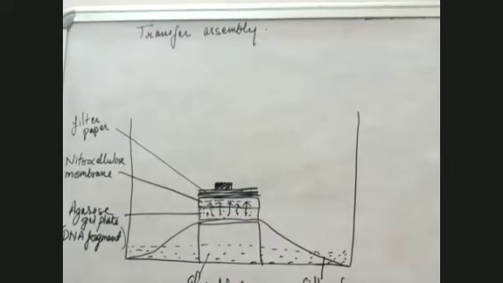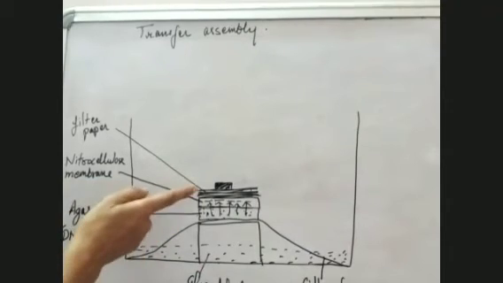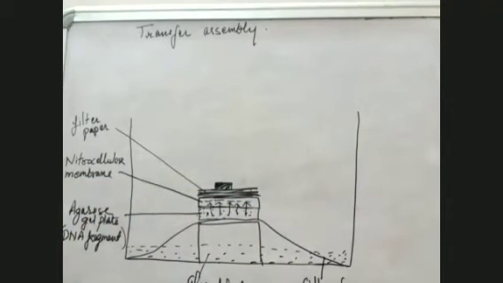Because of the pushing up of buffer from the agarose gel, the fragments have moved onto the nitrocellulose membrane. Now above them, a pack of 10 to 15 filter papers is kept. Why is this kept? So that the buffer which rises up along with the DNA fragments can be absorbed by these filter papers. They absorb the extra buffer, and then this is removed and stored, so that the DNA is kept safe for a long period of time. This is the transfer assembly to transfer the DNA fragments from the agarose gel plate into the nitrocellulose membrane.